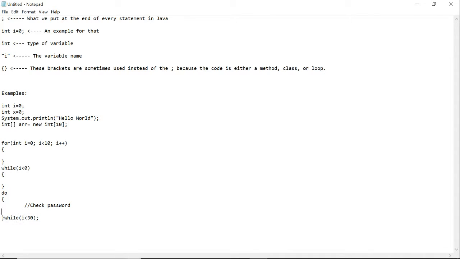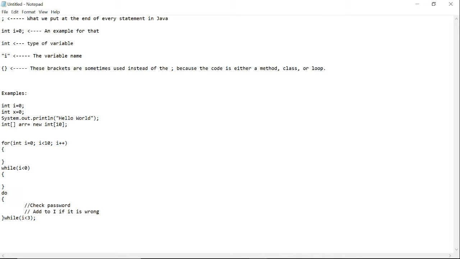Well, of course it's not like this, but this is just commenting. And then add to i if it is wrong. And so after i is greater than 3, or even 3,